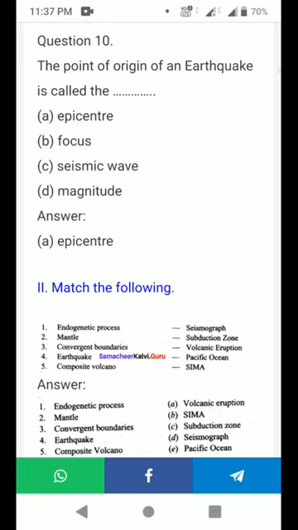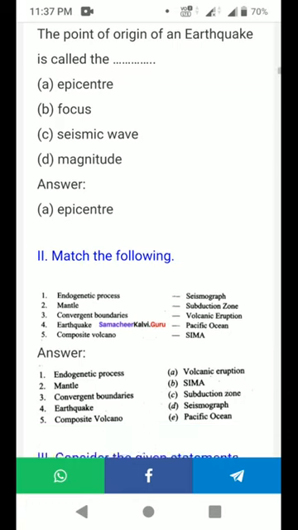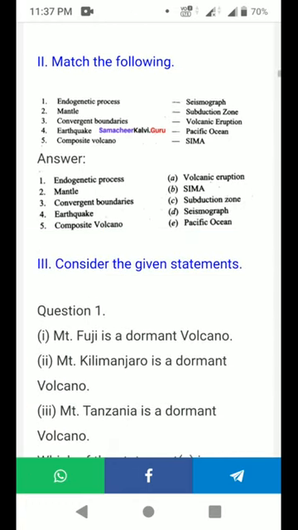The point of origin of an earthquake is called the focus. Next, match the following. Endogenetic processes, volcanic eruption, mantle, sima, convergent boundaries, subduction zone, earthquake, seismic, composite volcano, Pacific Ocean.